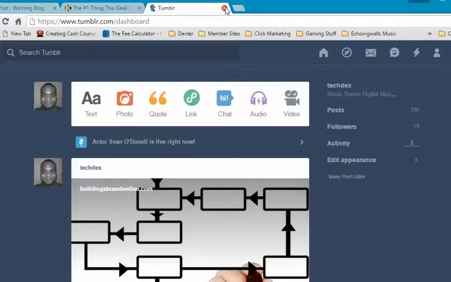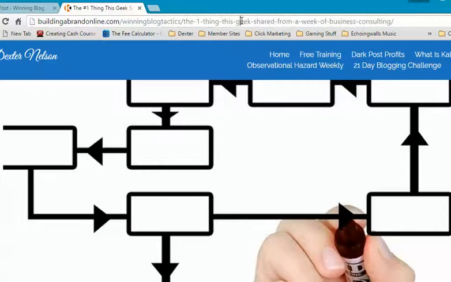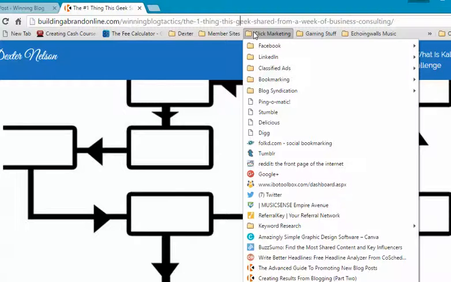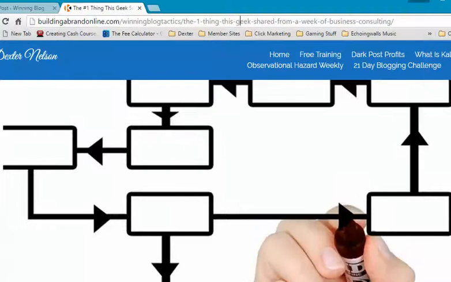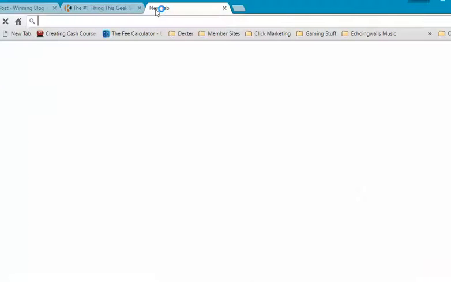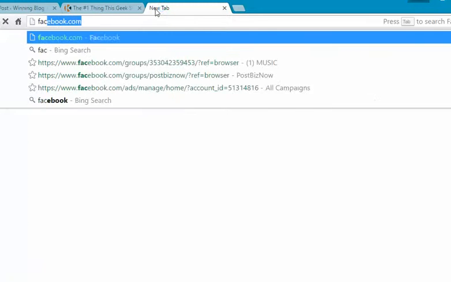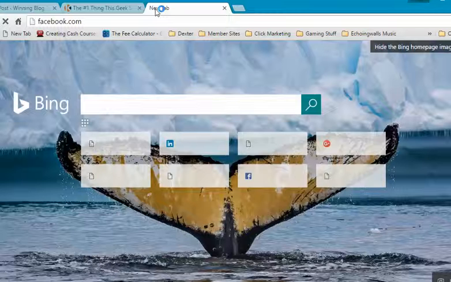Anyway, let's go back to our page. So we hit a few sites in about 5 minutes time. We pinged it. We have it submitted to 3 sites here, 4, 5 sites. Now I said I'm not going to do Reddit, but what we're going to do is hit our social media. So Facebook, we're going to start there,